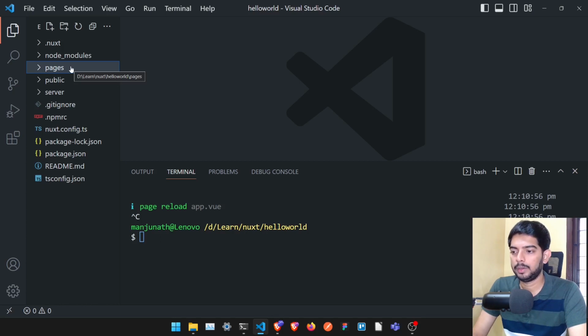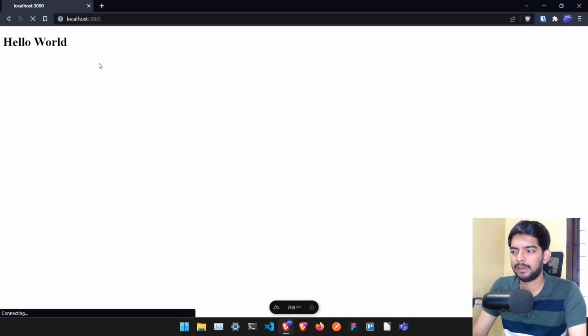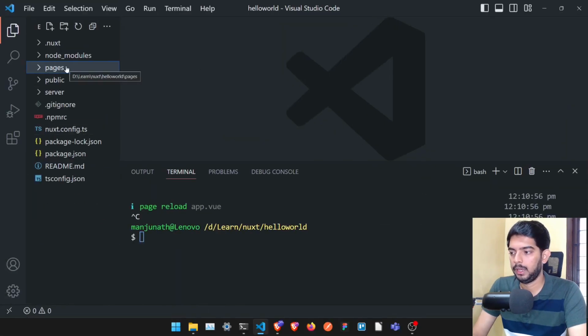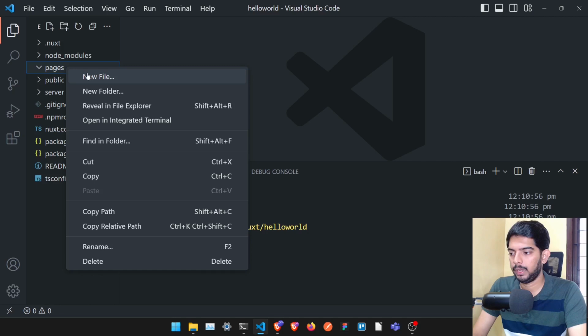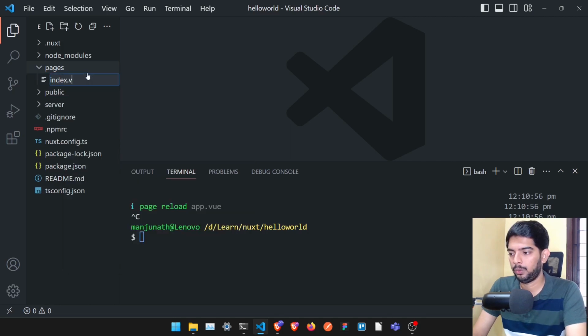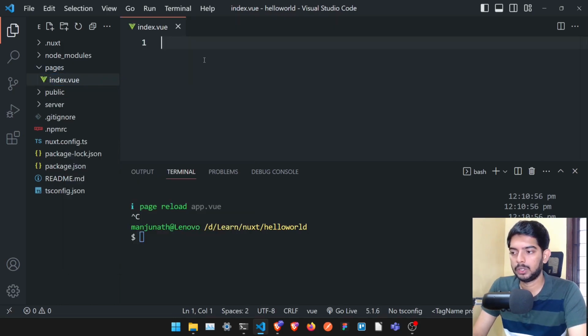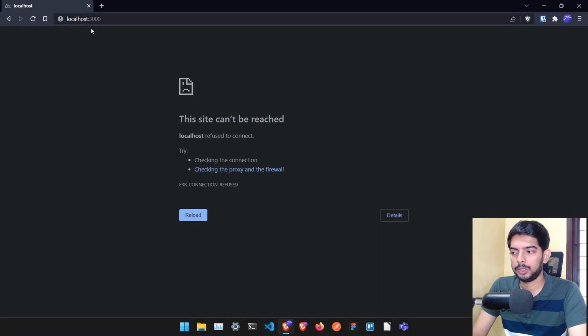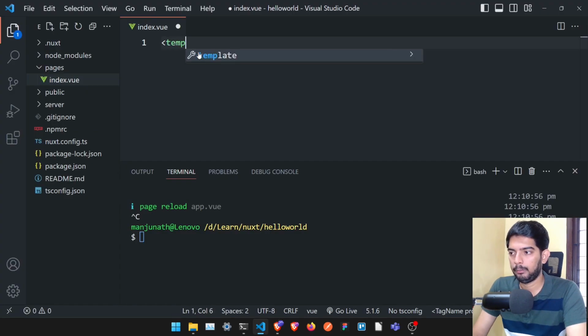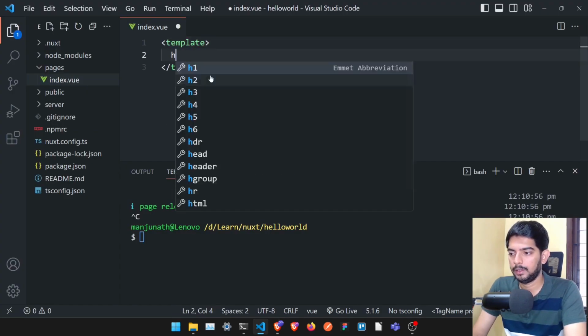In order to create the main index page, at the moment if I refresh it won't show anything because I have stopped the server here. Inside this pages folder we can create an index.vue. Whatever we type in this index.vue will be shown directly at localhost:3000, that is our index root. Here we'll create a template